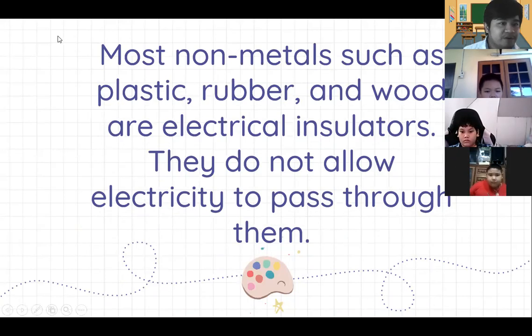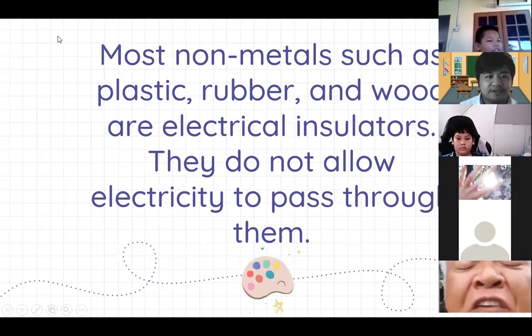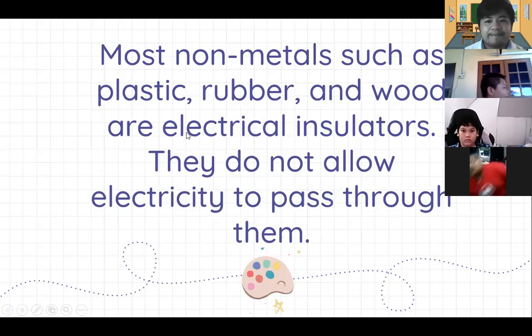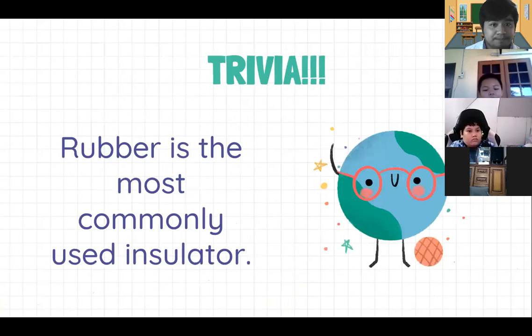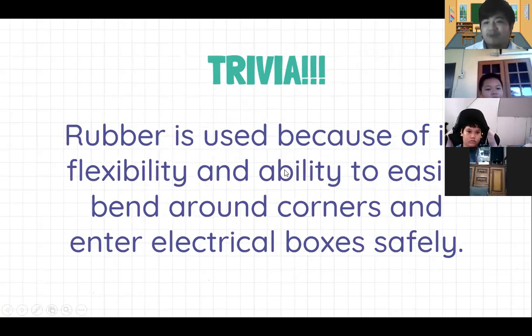Now let's proceed to insulators. Most nonmetals such as plastic, rubber, and wood are electrical insulators. They do not allow electricity to pass through them. So here's a trivia again: rubber is the most commonly used insulator. Why? Because rubber